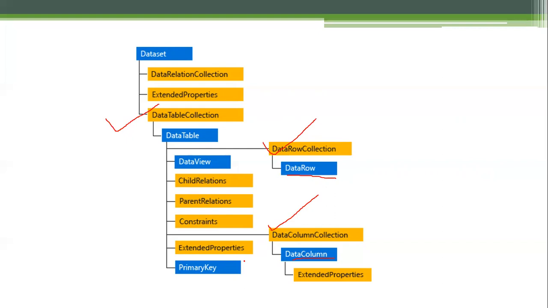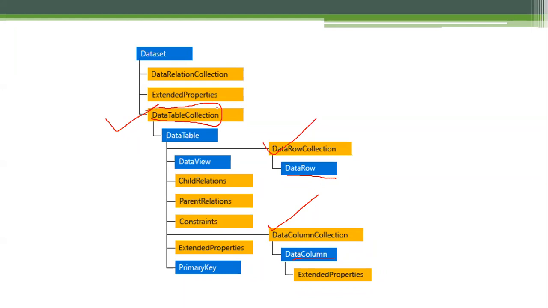Dataset will contain a data table collection. Like I have only the student table, so I can have student courses, I can have student marks. So I have 3 tables now: student, student courses, student marks. So dataset holds all these tables. So we call that data table collection.